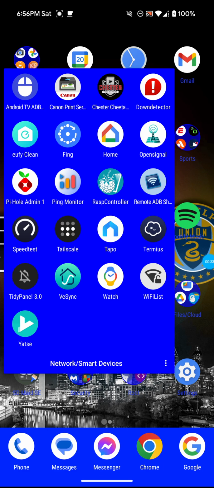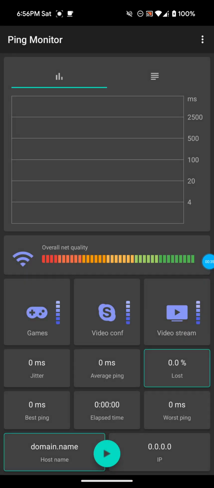What this app allows you to do, I can open it up here, is basically monitor your ping. That's why it's called Ping Monitor. Instead of checking up on it when you do a speed test, this is monitoring it in real time. So what you can do is come in here, and as you can see, it says